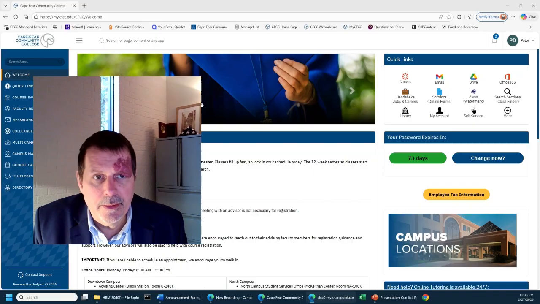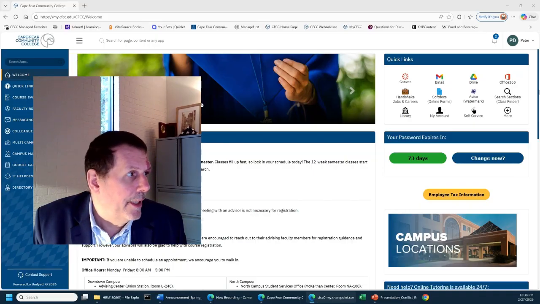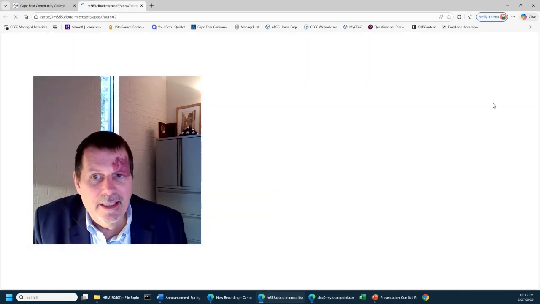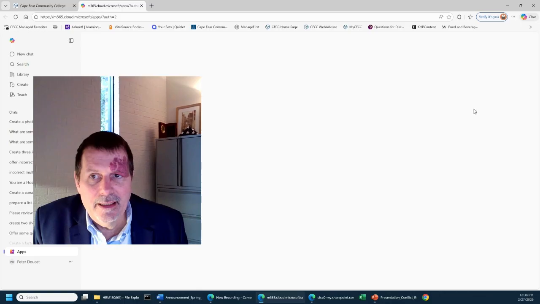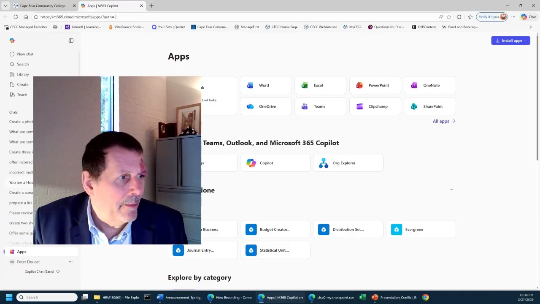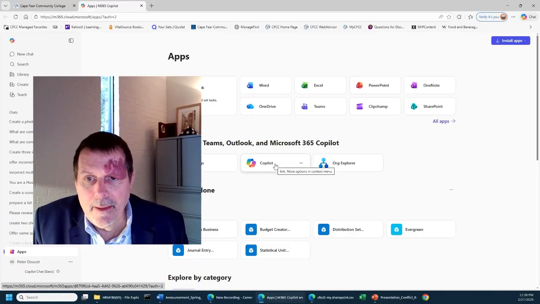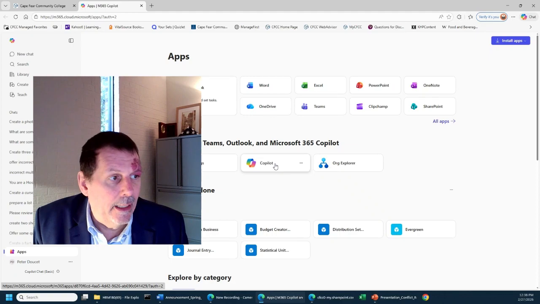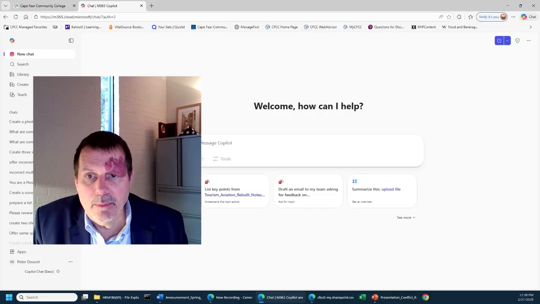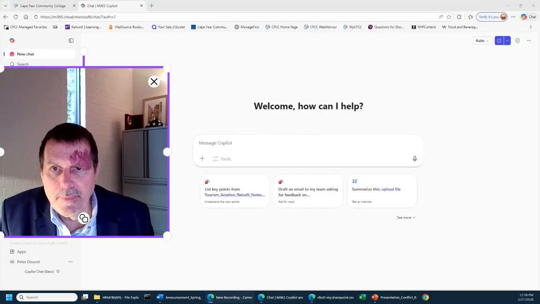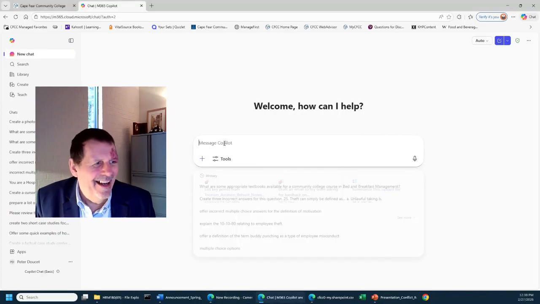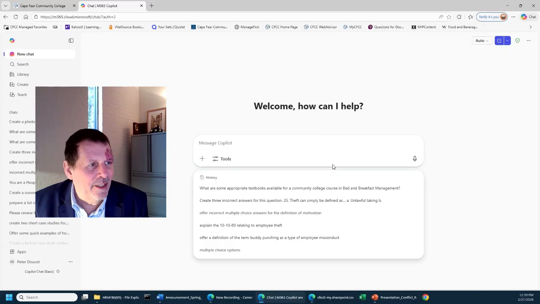So in your homepage, up here you'll see Office. Actually, I need to do it in the actual thing. Okay, so you'll see Office. You're going to click on that. And it says Copilot. Copilot is your free Microsoft account for AI. So you just click on that, and then let me move out of the way, make me smaller. I'll get this eventually. Okay, so you just say create